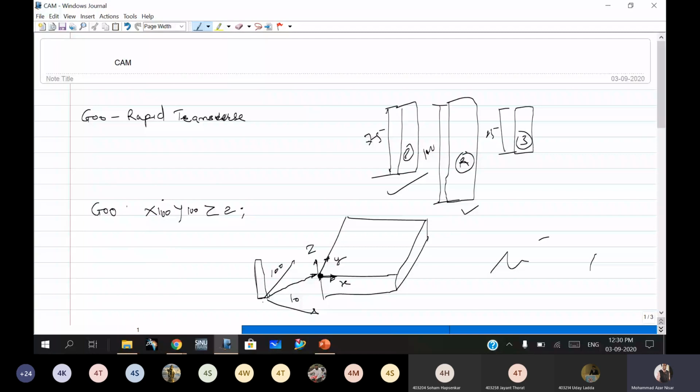Okay. So it will move from this position to this position, and it moves rapidly as per the feed you give. If you feed 250, this 250 means it is in mm per minute, and if it is 0.3, it is in mm per revolution. So 0.3 mm per revolution and 0.5 mm per revolution.